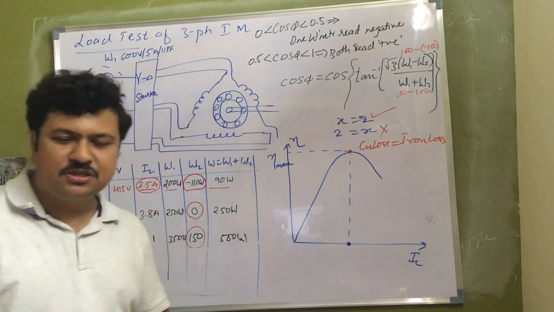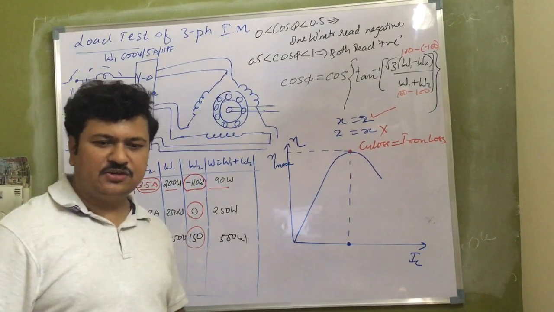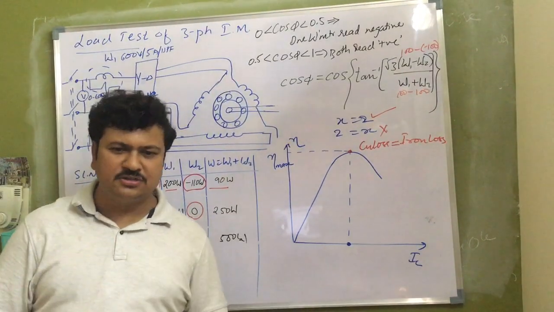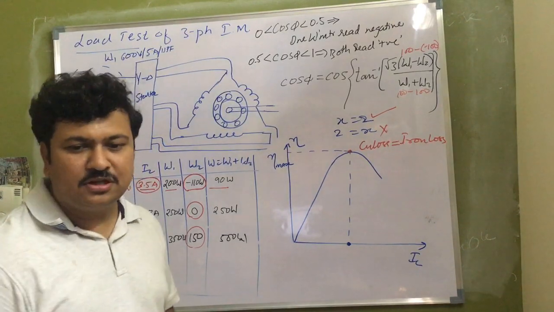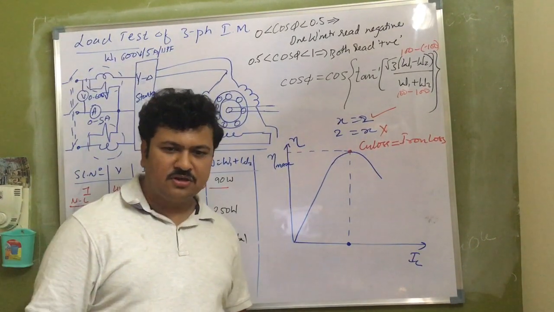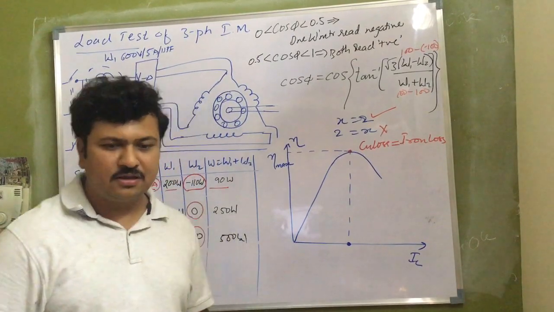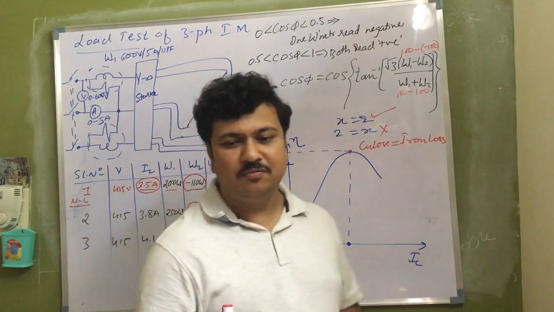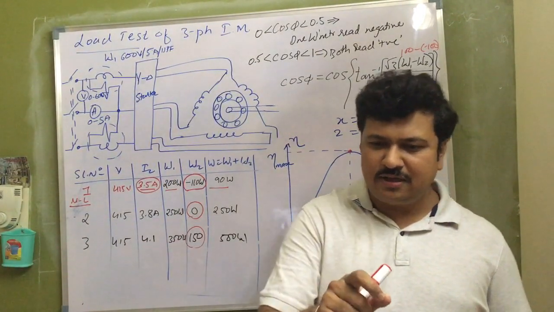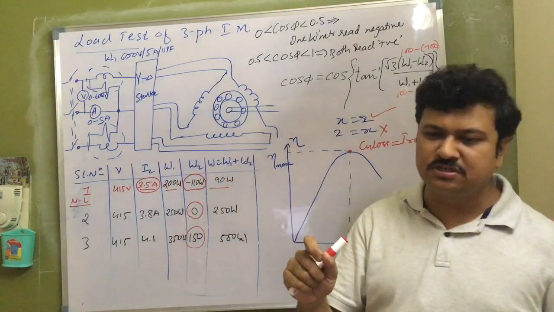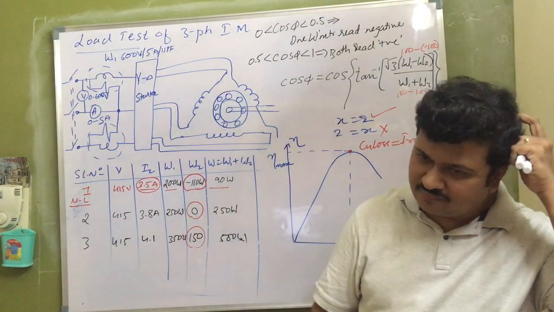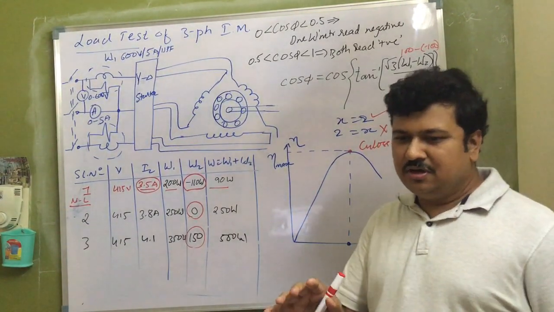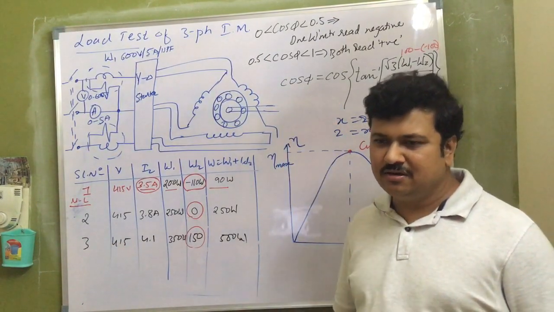See, copper loss at no load is 0, is it? For a transformer, copper loss at no load is 0. As the load increases, copper loss increases because secondary current goes on increasing. So it is copper loss which is variable with respect to load. So copper loss can take a value of iron loss because iron loss will remain constant throughout the operation of the transformer.